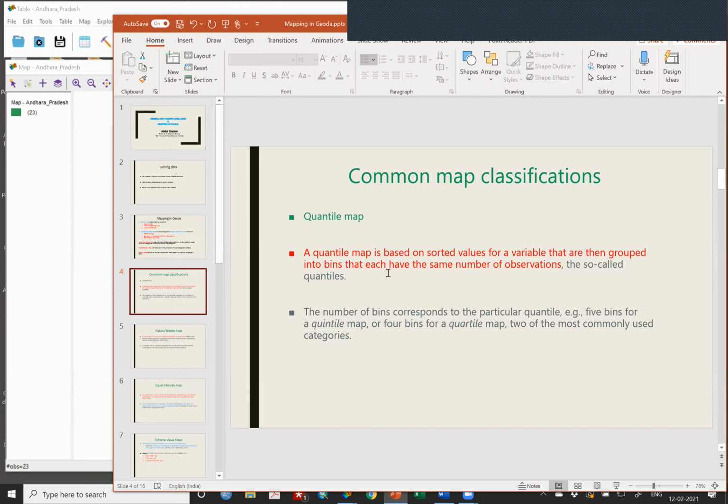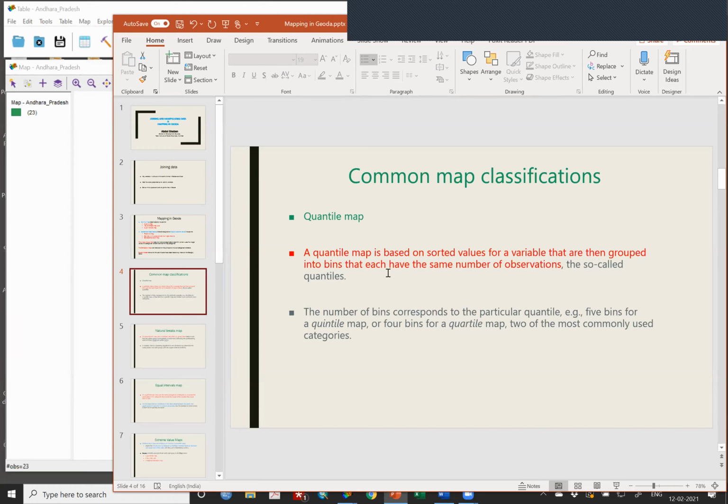If I do 4, then 25, 25, 25, 25, or 20%, 20%, 20%. When a quantile map is classified into 4, it becomes quartiles: the first quartile, second quartile. If it is classified into 100, it becomes percentile.